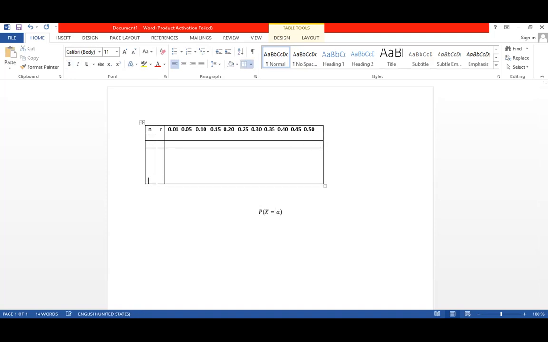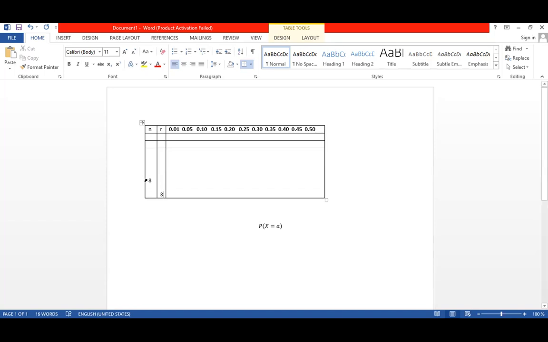And what is our r? 3. Yes. So you go down to 3. Now you look at n as 8, r is 3, where p is 0.4, and you'll find that there will be a value